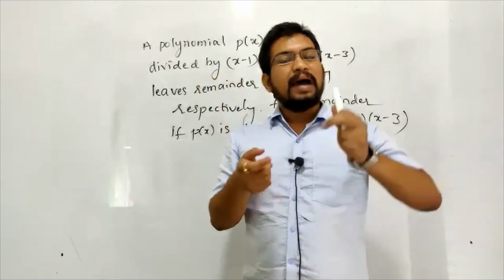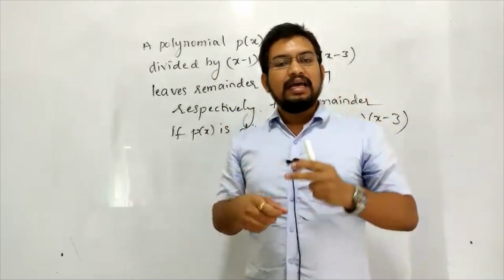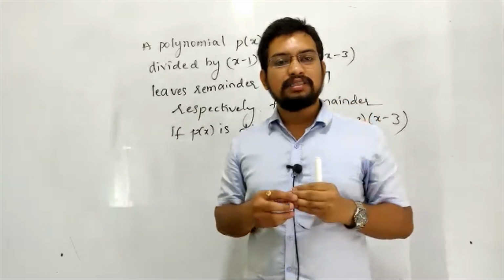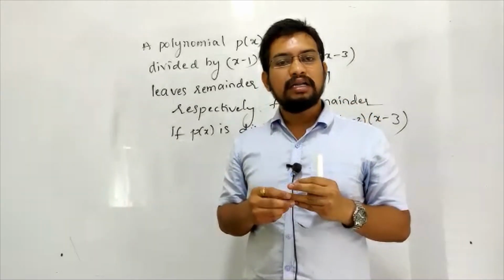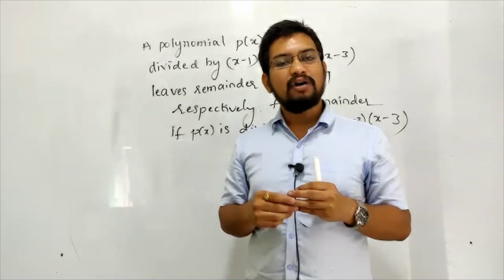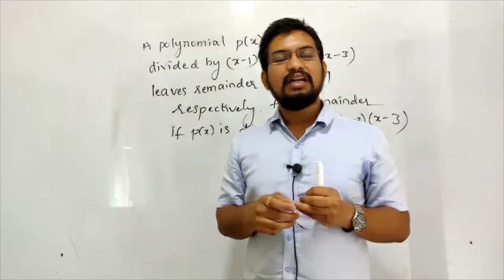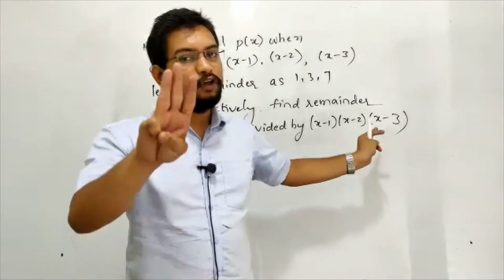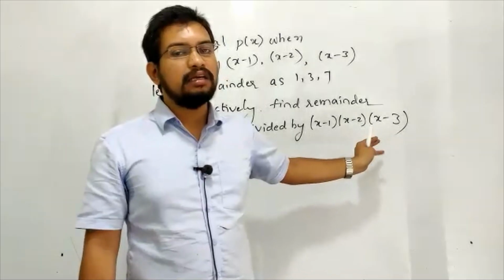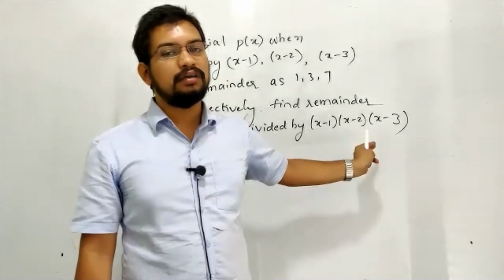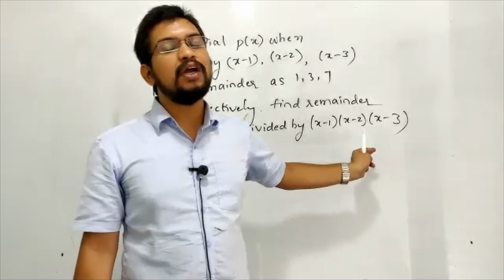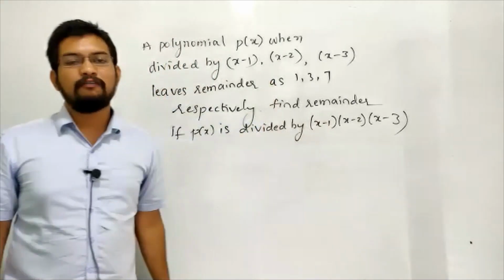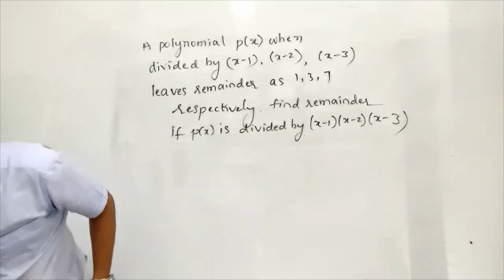What is that? The maximum degree, I'm repeating it again. The maximum degree of the remainder will be 1 less than that of divisor. So divisor here is of cubic degree, that is degree 3. Divisor is a cubic. So what can be the maximum degree of the remainder? Maximum degree of the remainder can be a quadratic. Now from that proceed. Try solving that.